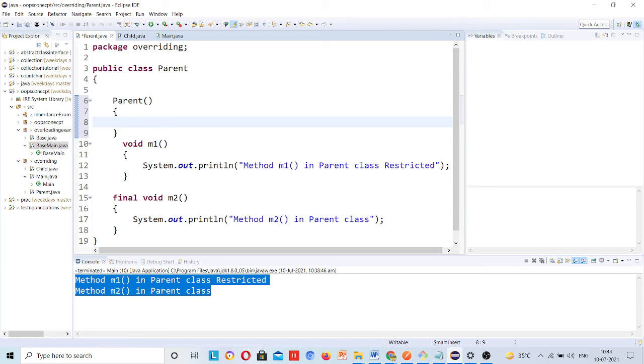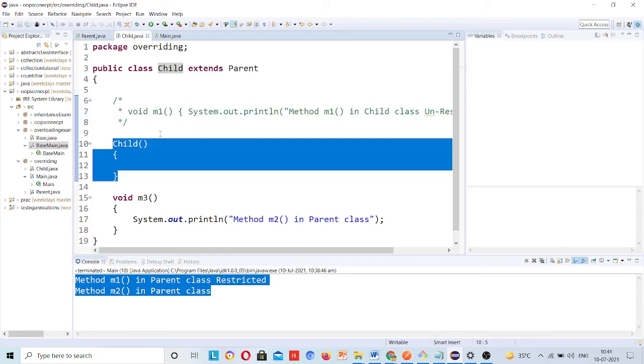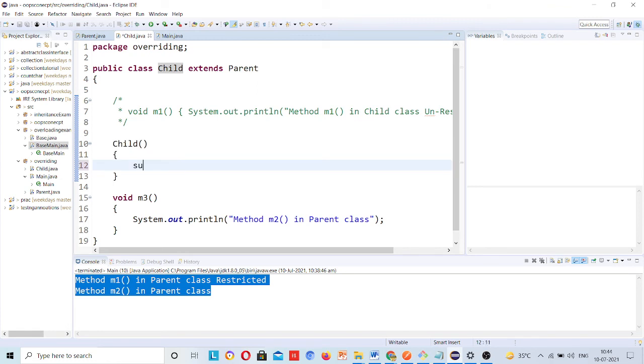And not only this much code, even the super call is written by default in the first line.